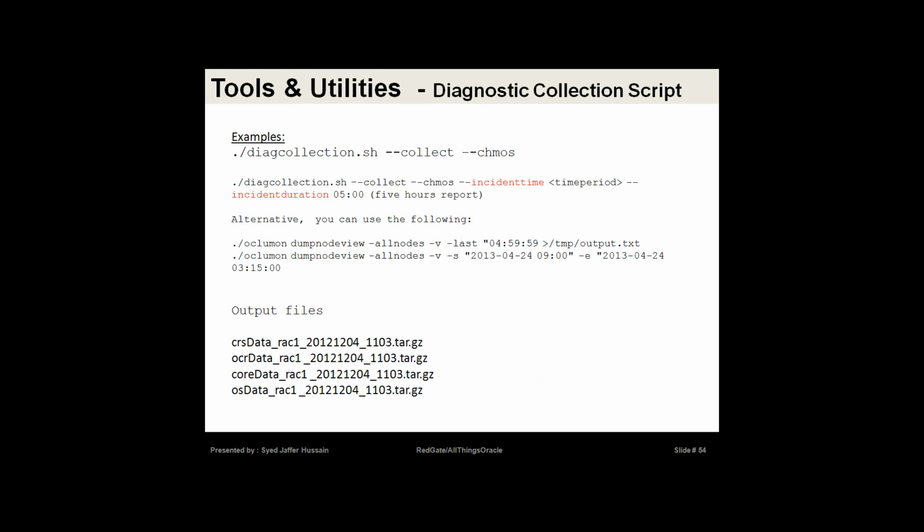So here are a few examples about the collection, how you can run it. The first example shows how you can collect the diagnostic information just for the cluster home, which is the grid infrastructure home. Alternatively, you can also use the command line OCLM